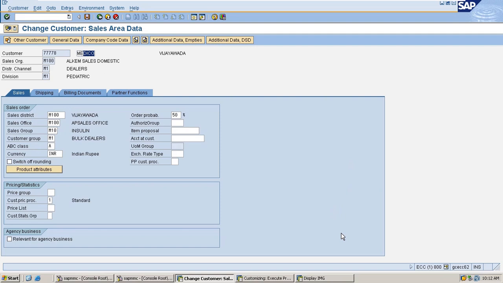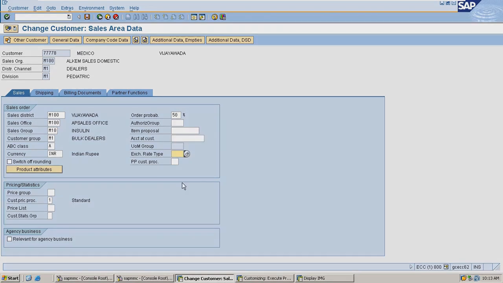So instead of entering all the materials again and again, we create an item proposal, and while the users are creating the sales order, if we call the item proposal there, the materials will automatically fill into the sales order. Then we can enter the quantities and deliver the materials to the customer. So it mainly saves the time of the end user.